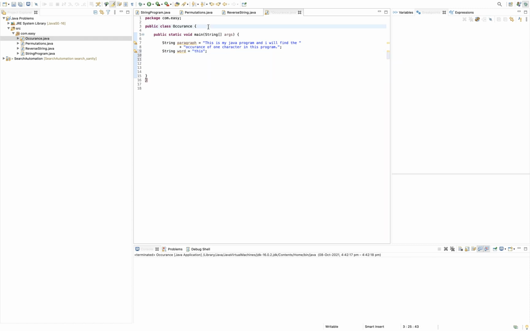Now I will write a method, public static void findOccurrence, and we are going to pass the paragraph and this string word.